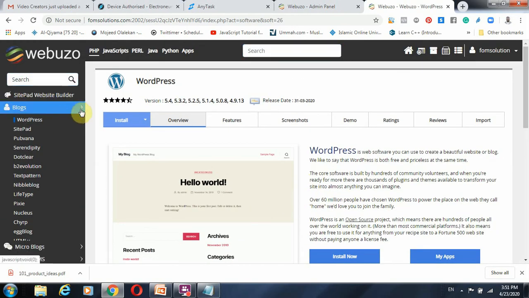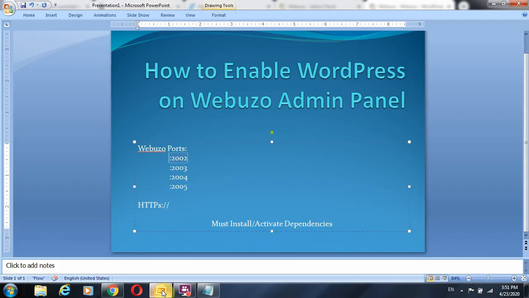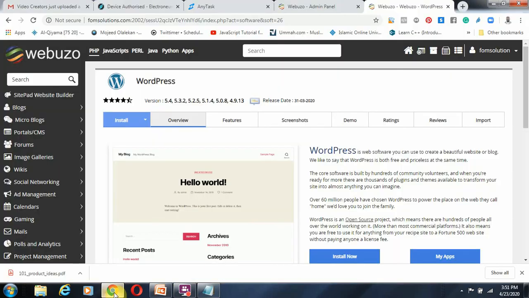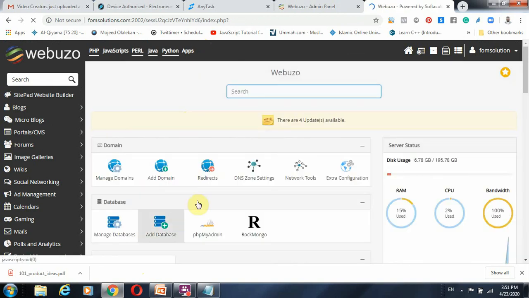Okay, so having said that, let me see what other things I really want to mention. You must install and activate dependencies. There are very important dependencies that you must have installed on your user end.